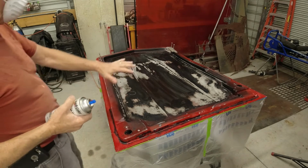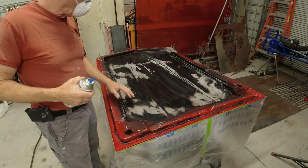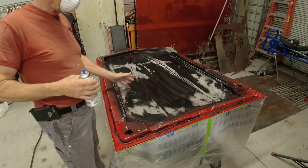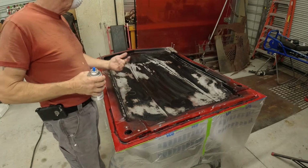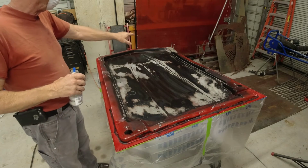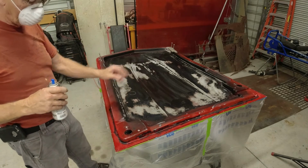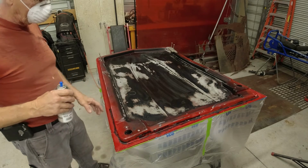Okay, so I got the hood all prepped. I went in and pulled off that insulation piece that was kind of tore up anyway, so I'm going to see how it looks when it's all done. I might just leave it off. Otherwise, I can order a new one from Eckler's. But I got my corner all fiberglassed up, sanded down, ready to go. I got the whole hood sanded down, prepped, wiped down, and